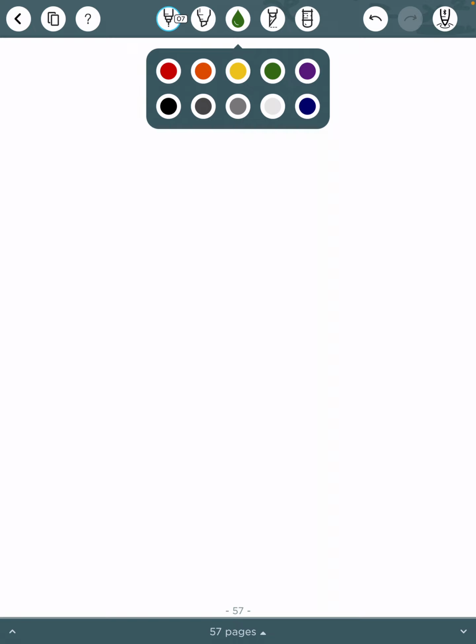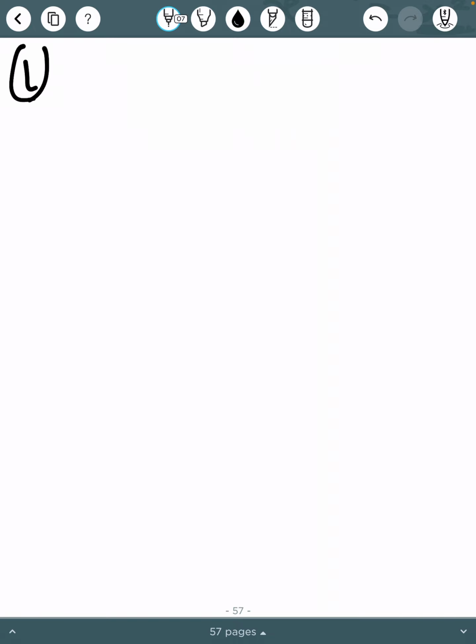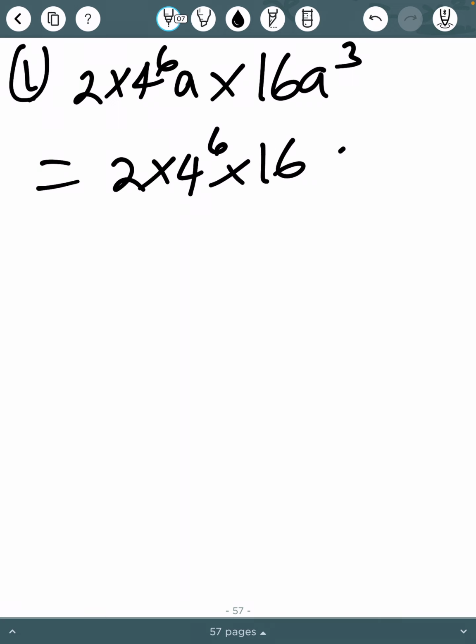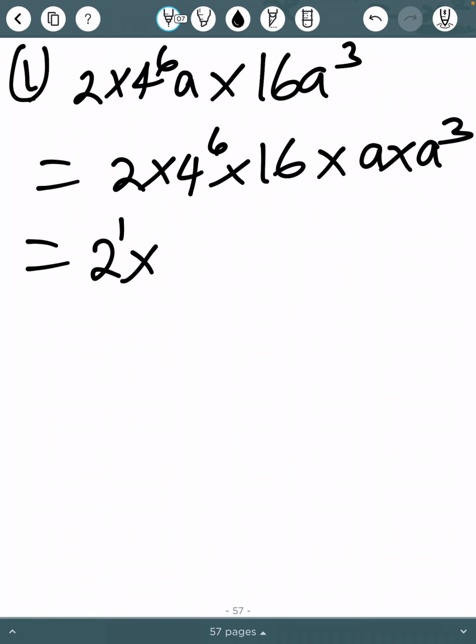Question L is 2 times 4 raised to power 6a times 16a raised to power 3. I'll put the numbers together. 2 times 4 raised to power 6 times 16 times a raised to power 3 times a raised to power 3. This will give me 2 raised to power 1. 2 is 2 raised to power 1. 4 raised to power 6 is 2 squared raised to power 6. Then 16